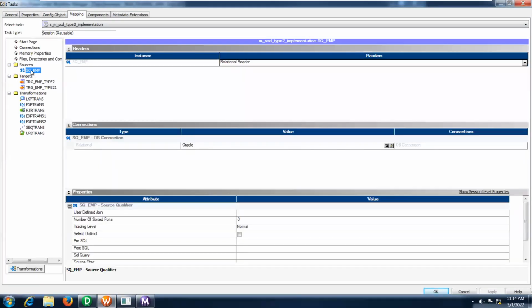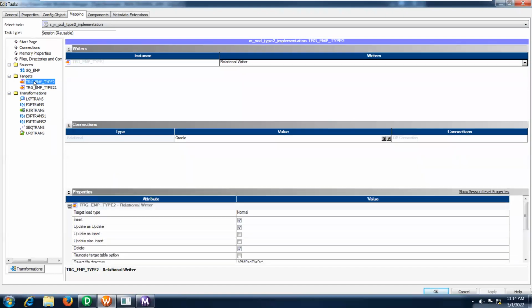See, source qualifier, target. Make sure that you should not enable the truncate target table option. If we enable this one, what will happen? The Integration Service will truncate the previous data and it will load the current data.